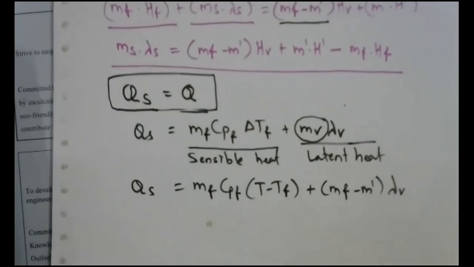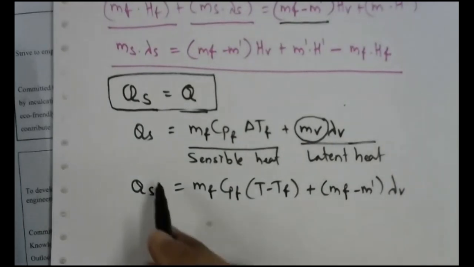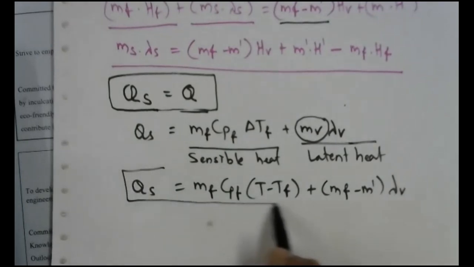So this is another heat balance equation where we are going to use the concept that heat given out by the steam is equal to the heat gained by the feed to increase the temperature, that is sensible heat calculation, and to increase the quantity of water vapors with the help of latent heat calculations, right? So we can use this equation for calculating the unknown also. So this is another equation we can use as a heat balance.